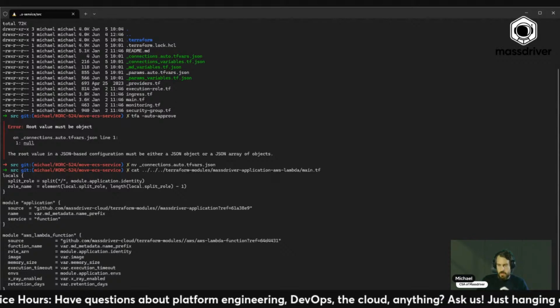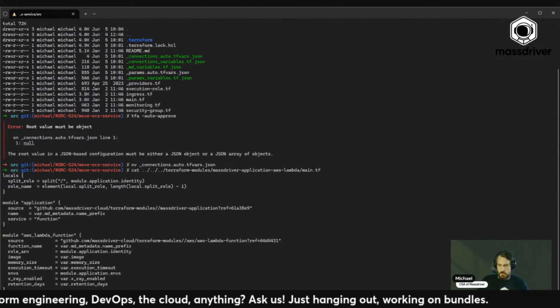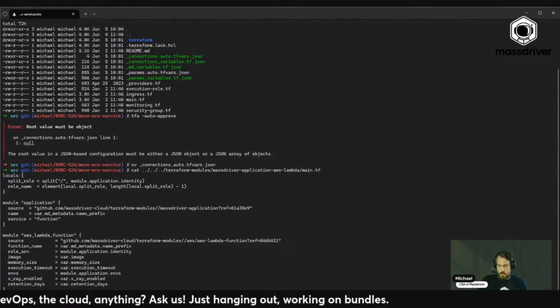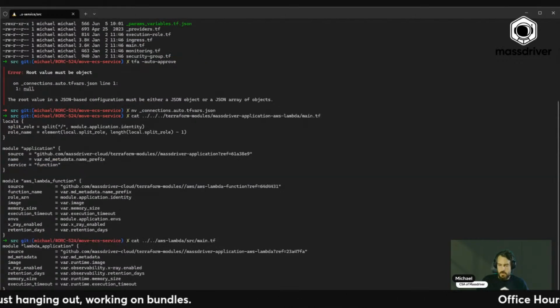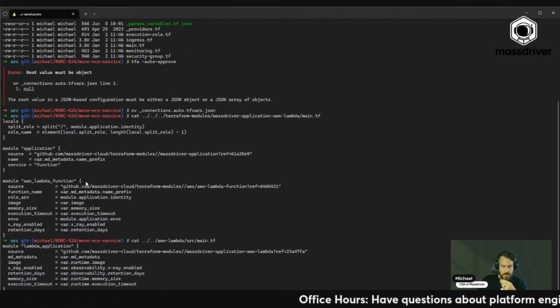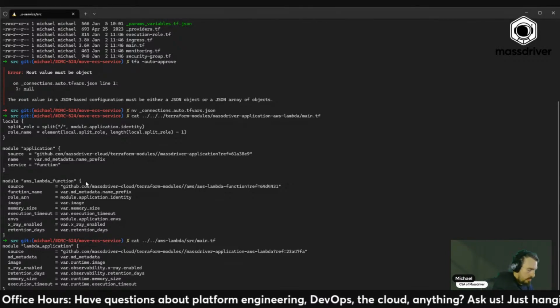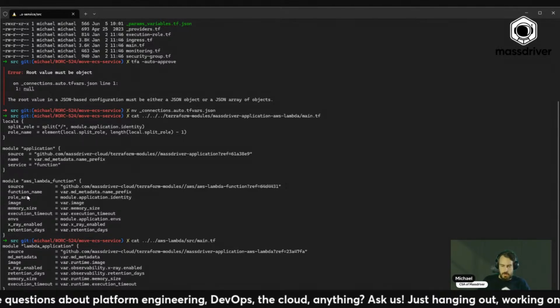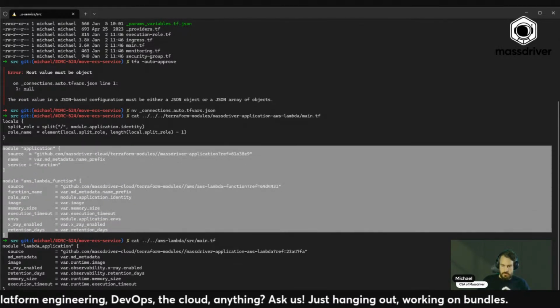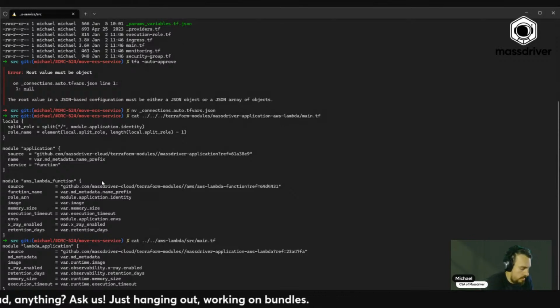And then if we look at AWS lambda source main.tf, we're doing a module call of a module call. So what I'm working on right now is cleaning this up, where I'm going to be moving that module call into the application template. I'm just going to be moving all of this over. So it's more clean, more linear. So I'm just going to be working on that